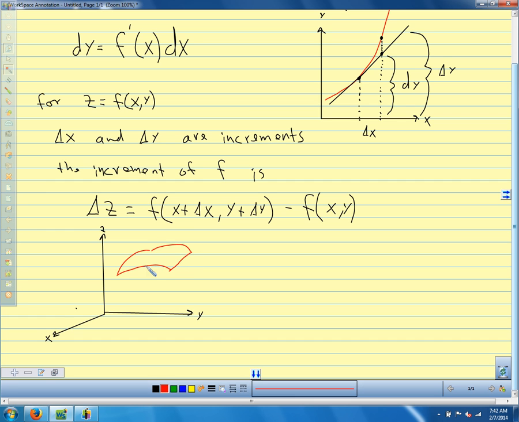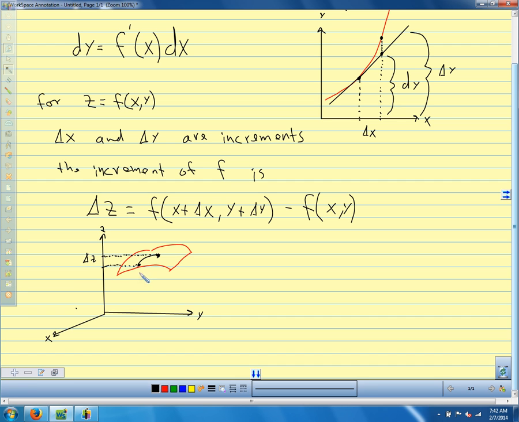There's our generic surface. And we have a curve on this surface. So delta z is the change in the z value between these two points. So if I project this over, like so, this is our delta z,